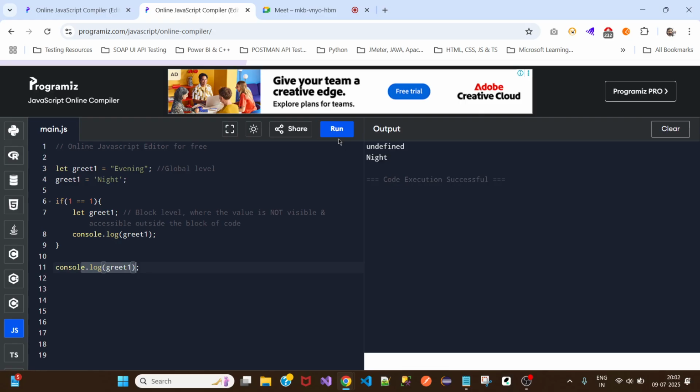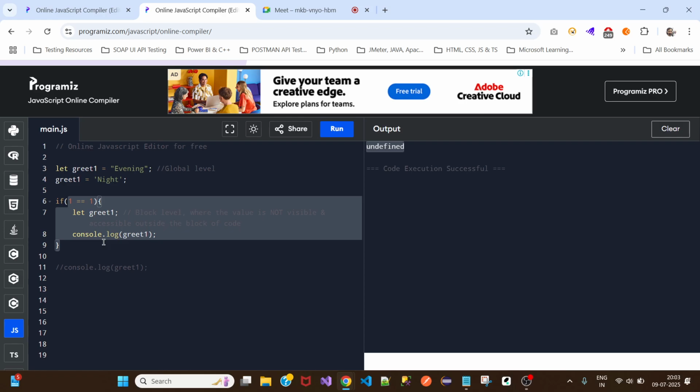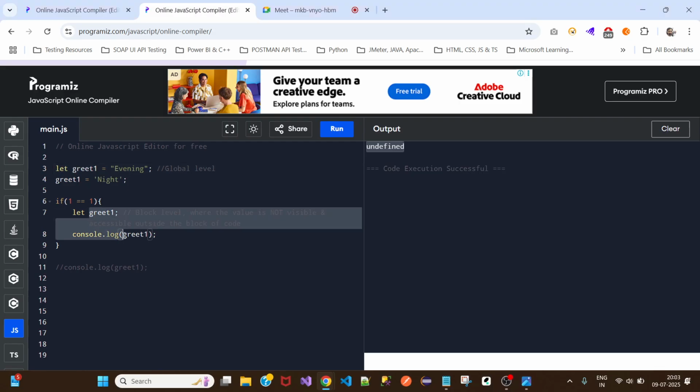So when I'm trying to do this, if I comment this out and run it, it is saying undefined, which means when let is declared at the global level, we cannot access it inside any block. The block starts from the curly brace here and ends here, right? So when we create a variable with the let keyword, we cannot access it inside. We have to declare again inside,